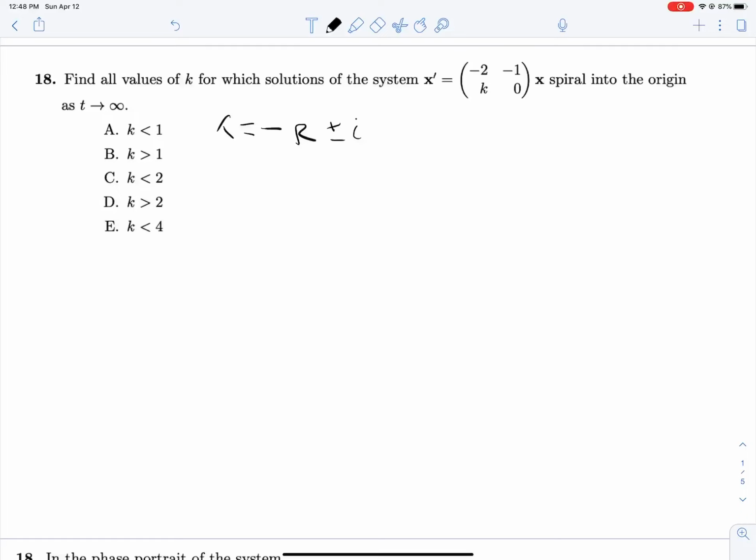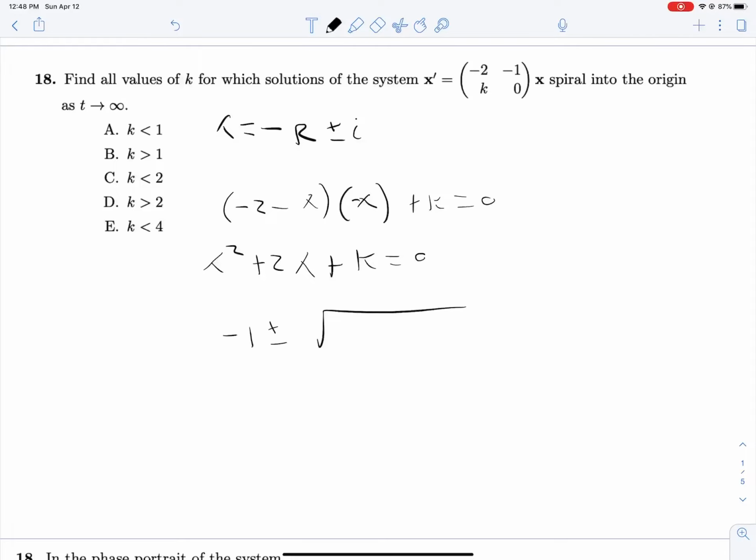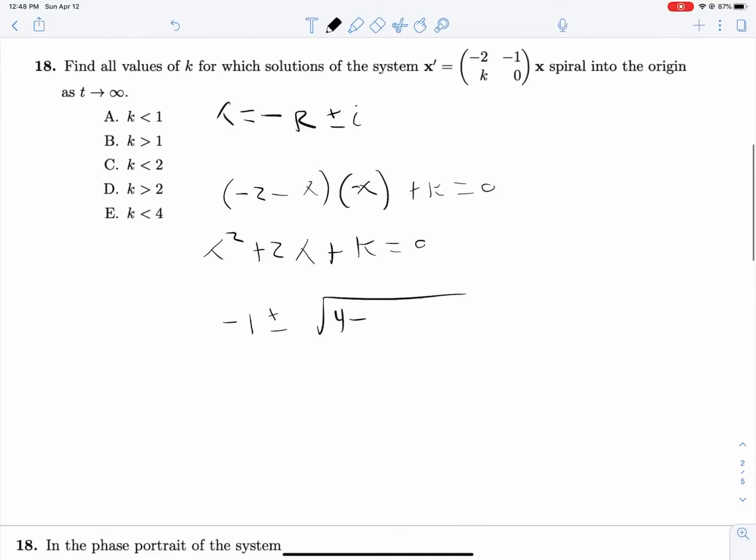So solving the determinant of A minus lambda I equals 0, we have (negative 2 minus lambda) times (0 minus lambda) plus k is equal to 0, or lambda squared plus 2 lambda plus k is equal to 0. And we will have negative b over 2, so that's negative 1, plus or minus the square root of b squared, so 4, minus 4 times a times c,